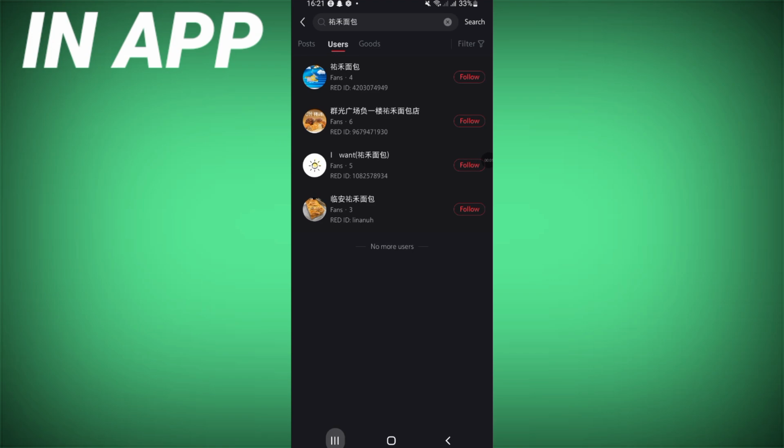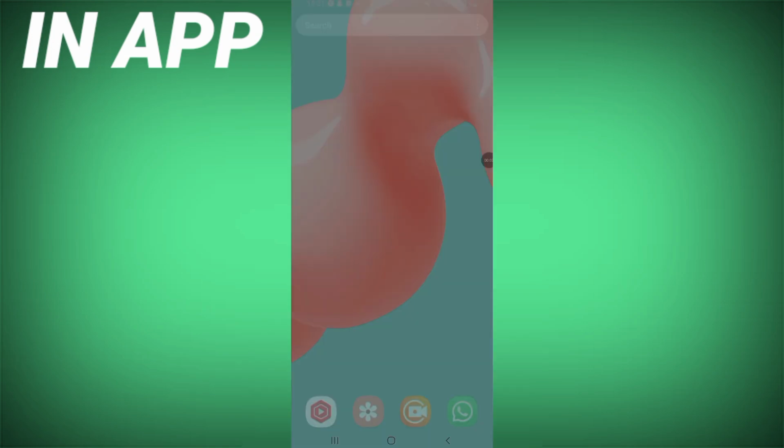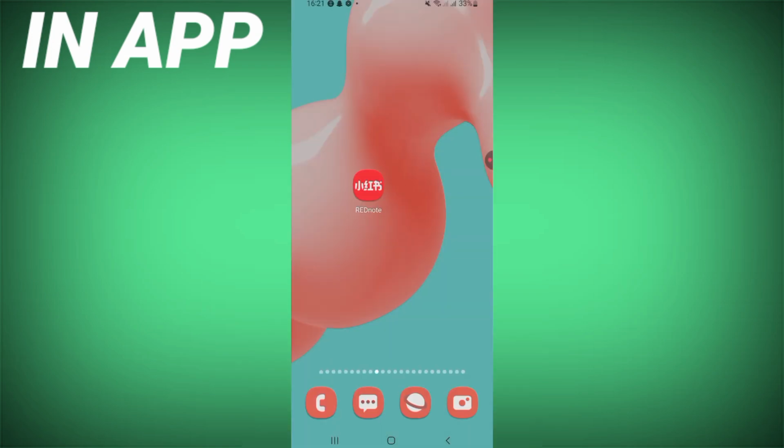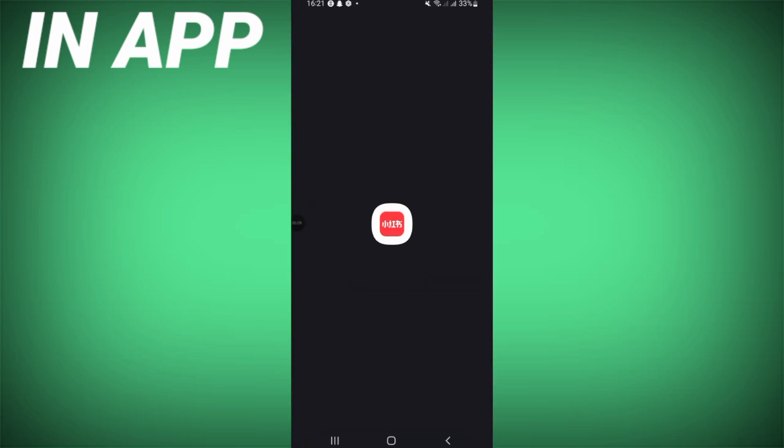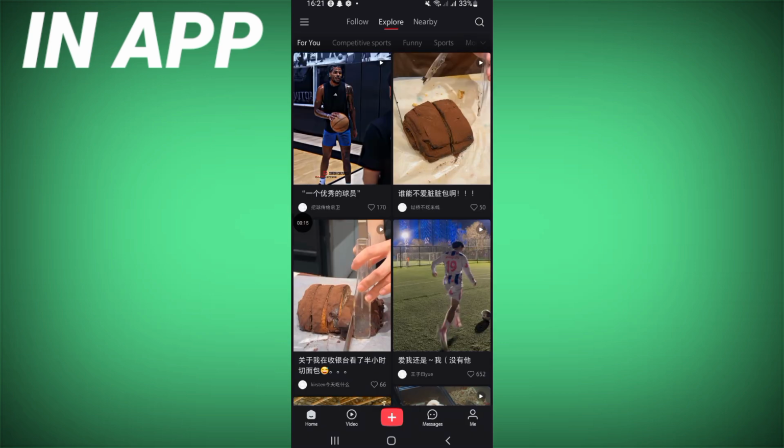Video, I will show you how to unblock a user or someone on REDnote. So it's very easy, just watch and follow this video till the end. First, you just have to open your REDnote, and right now just open your profile here,